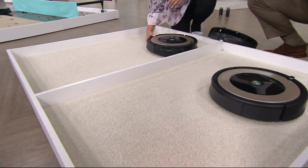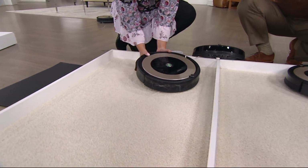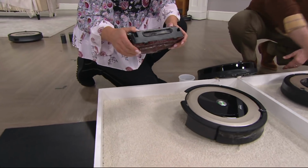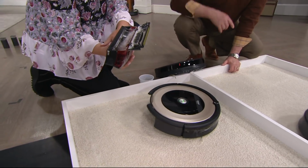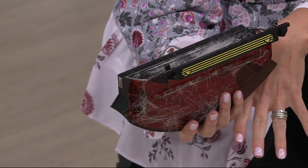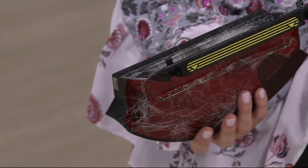And by the way, when you get it at home, if it looks like it missed something, it didn't. It doesn't work like you and I do, where we always go in straight rows. It goes randomly until it's covered every square inch. And we call it a mission. So what I always encourage you is don't micromanage your robot. After you get over the cool factor of watching it all the time, just let it do its thing, because you mentioned earlier as we started that it actually can see dirt and hear dirt,